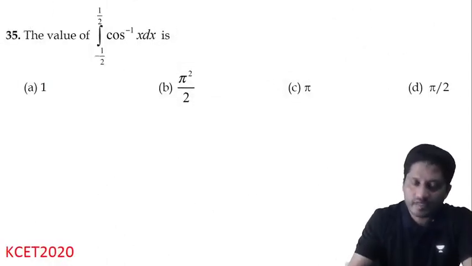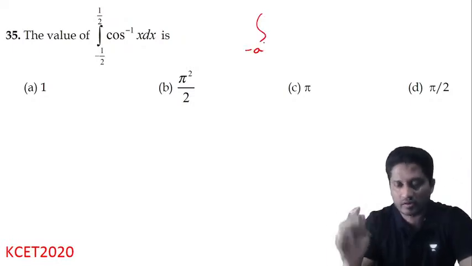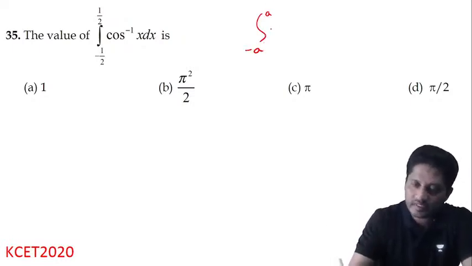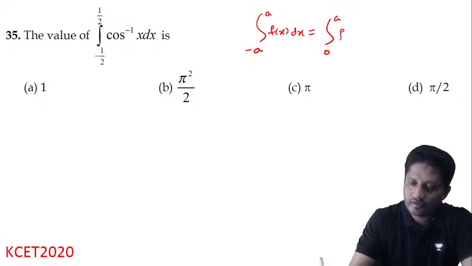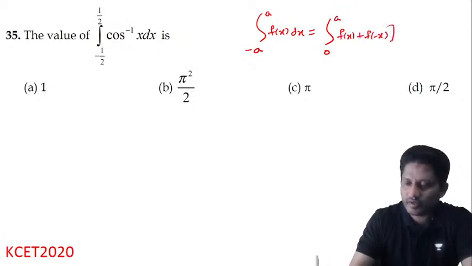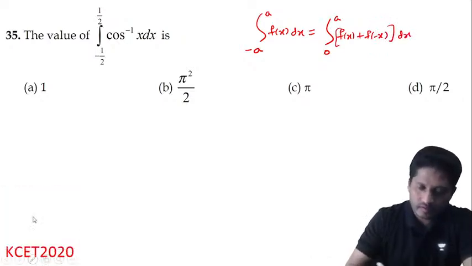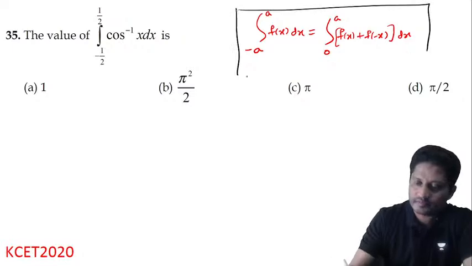Alright, and we have done similar questions in the previous papers. If it is neither even nor odd, the integral from minus a to plus a of f of x dx can be written as the integral from 0 to a of f of x plus f of minus x dx. There's one more question in this paper based on the same property. So if I use this property,